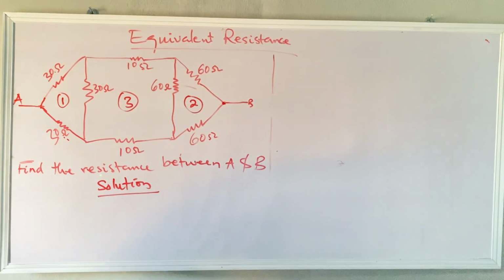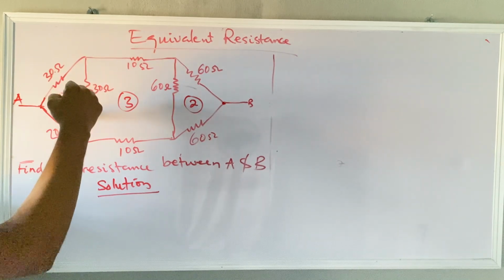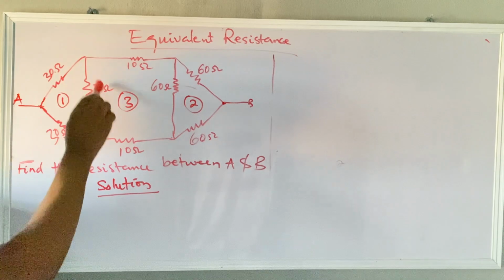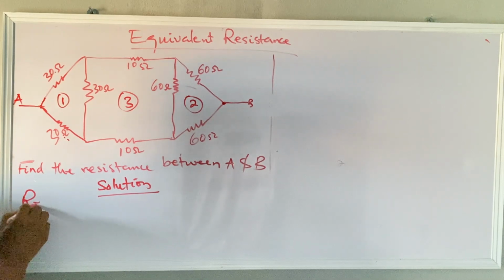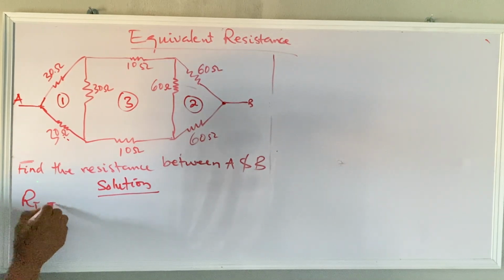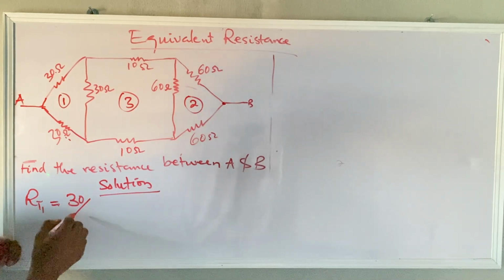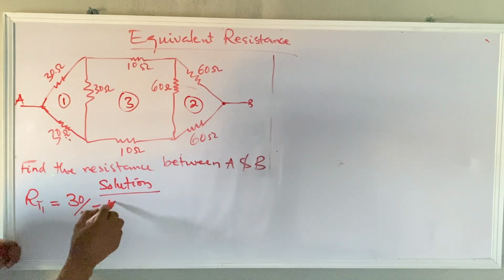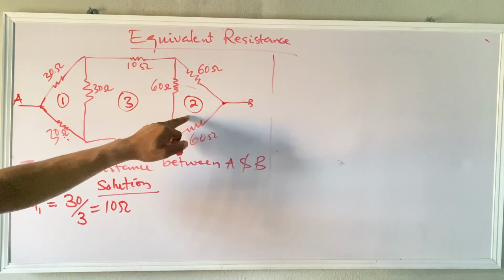So look at this first loop. We see that the 3 resistors are the same and they are all connected in parallel. So that means they are equivalent. I can call it RT1 equals to the value of one resistor divided by the total number of resistors, which is 3. This gives 10 ohms. If you look at the second loop,